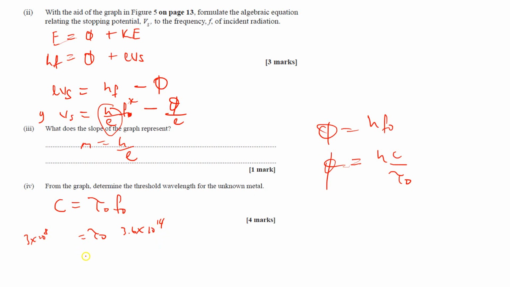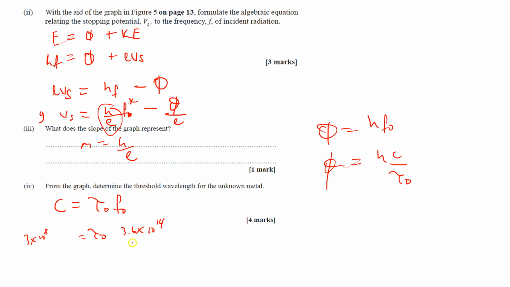Because we know the speed of light has a set value, then we could just simply work this out from that. So 3 e to the 8 divided by 3.6 e to the 14,